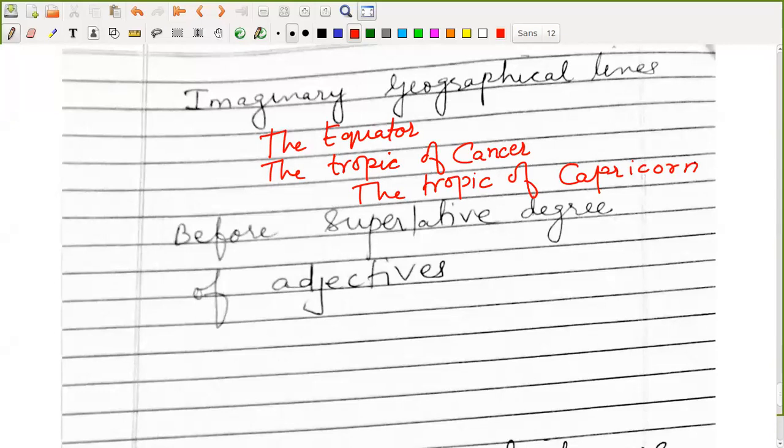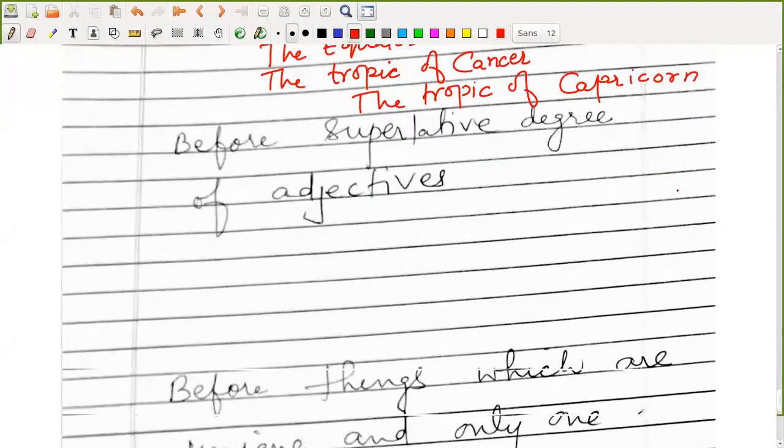So you have to remember when to use the: before all the geographical features, rivers, seas, oceans, deserts; before a noun when it represents the whole class; when you are talking about a particular, specific thing; when you repeat the same noun in a paragraph. These are the places when you use the. Then you also use the before the superlative degree of adjective.